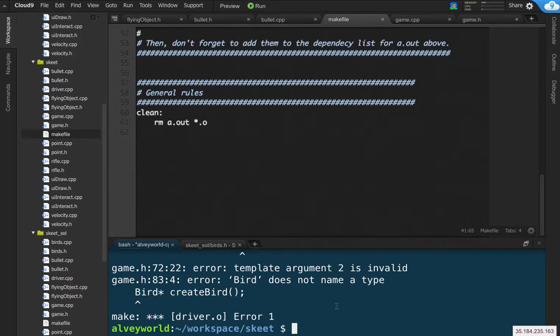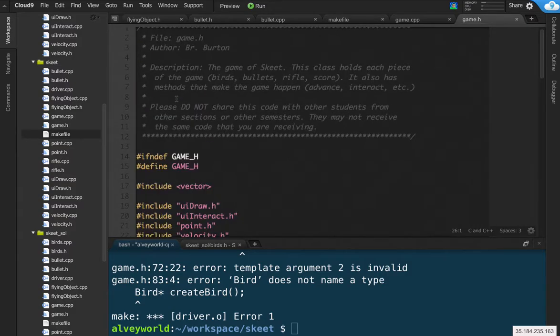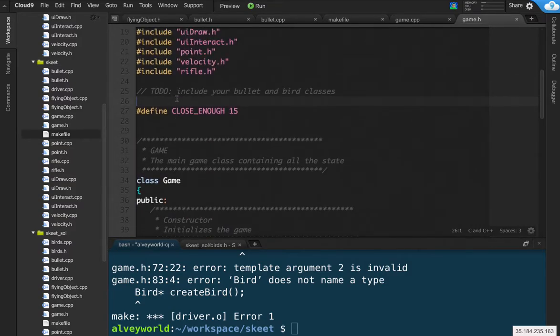So if I go into my folder and try to make the file, you can see I've got some references to birds. So I'm going to add as much as I need to and hide some bird stuff just so I can get the bullet to work properly. So in game.h, it's having some issues. So in here, in game.h, I definitely need to